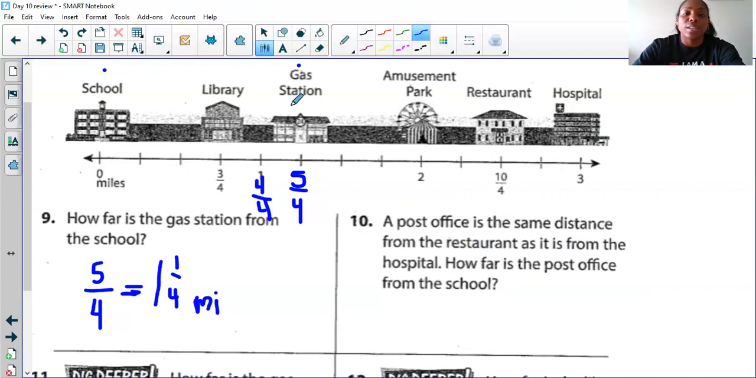So we have to take a look. The restaurant to the hospital. So I'm going to count how many fourths these are separated by. I know that the restaurant is located at 10/4. And I know that this hospital is at 12/4. So how many fourths does it take for me to get from the restaurant to the hospital? 2/4. Very good. So your answer, literally,